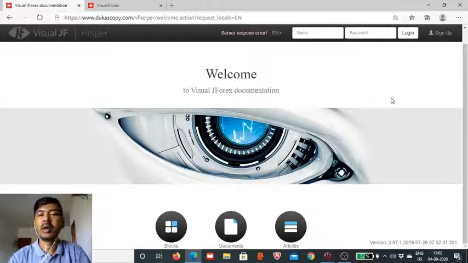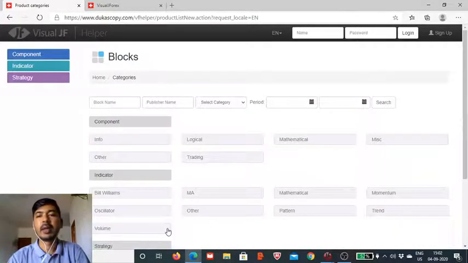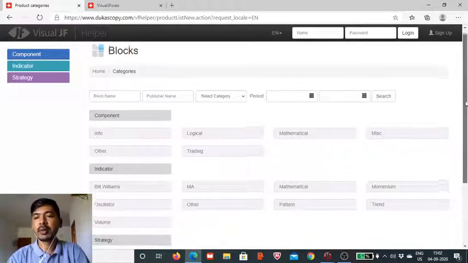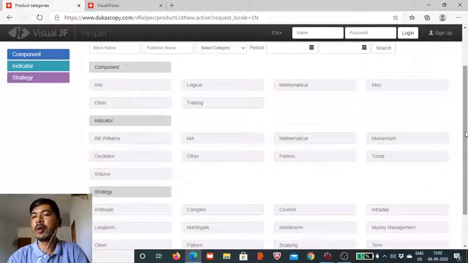Myself Vaibhav. In today's session of Visual JForex, I will be explaining the utility and the uses of the Bull Power indicator on the Visual JForex platform. We will see how we can utilize this momentum indicator to build automated algorithmic setups on the platform developed by